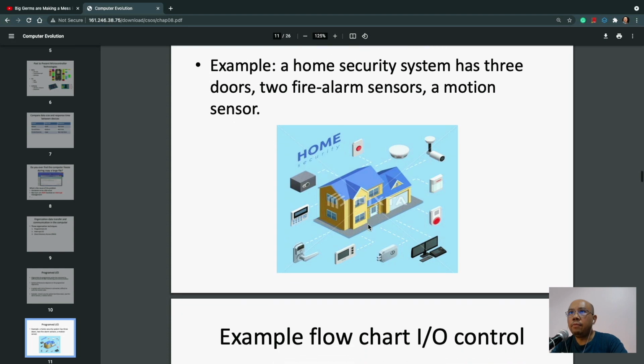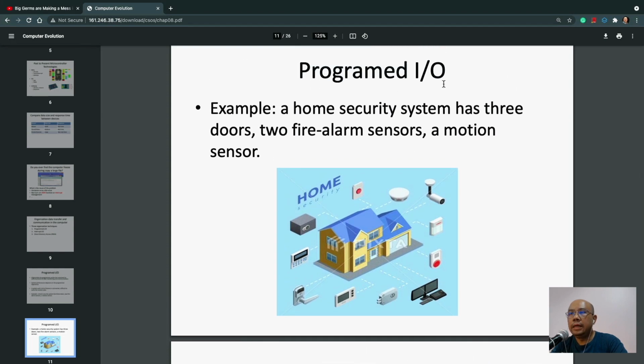When you write the program using program I/O, the programmer needs to write a program to control reading and sending the data from the 10 devices. The programmer will write the code to read this switch, then check the temperature or gas sensor, then check the CCTV, and check the motion sensor,